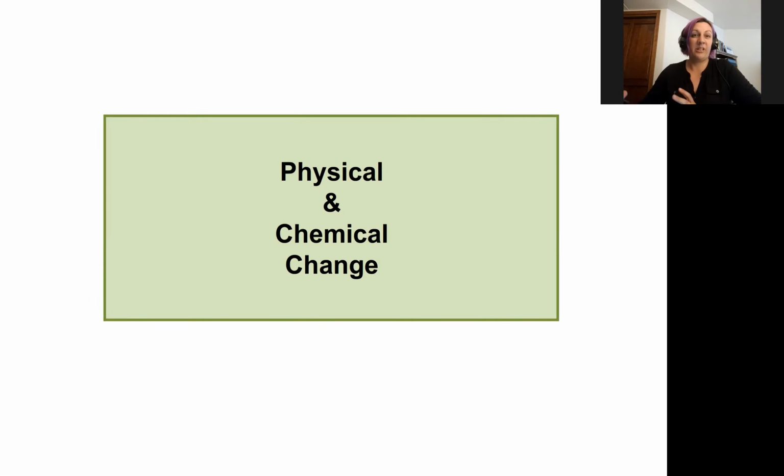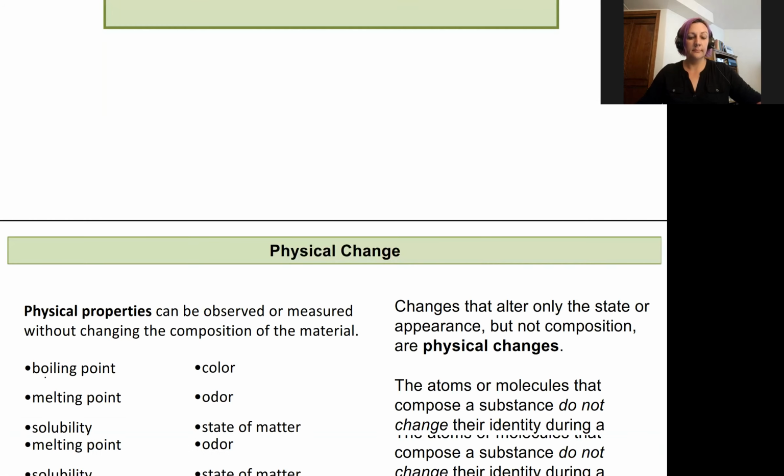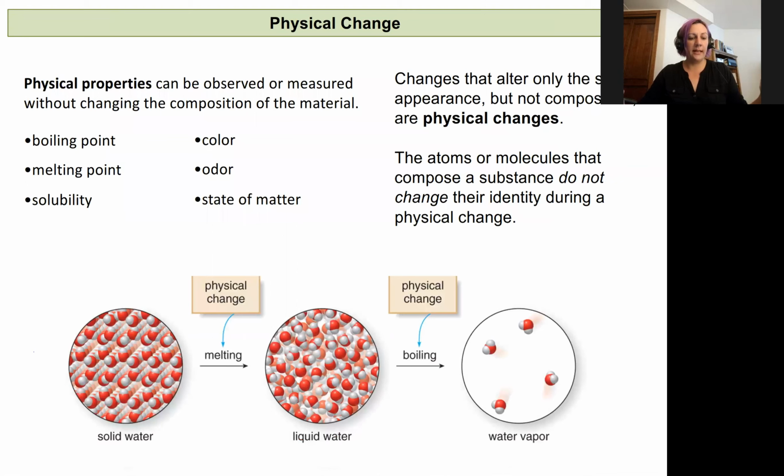In this lecture, we're going to discuss the differences between physical and chemical changes. So, a physical change or a physical property is something that we observe that doesn't actually change the composition of the material. And so, if it is a collection of atoms in a pure substance, those atoms stay the same. If it's a collection of molecules that make up the substance, then those don't actually change the actual chemical identity